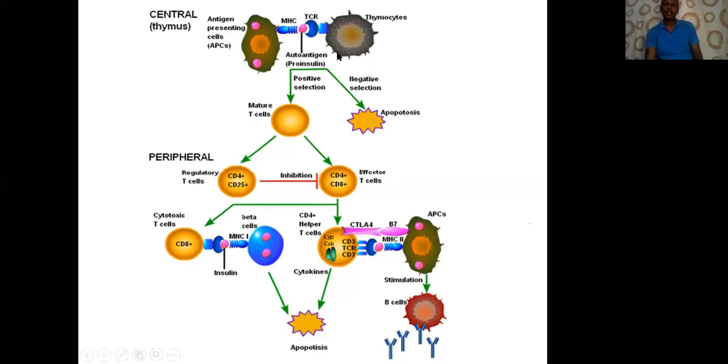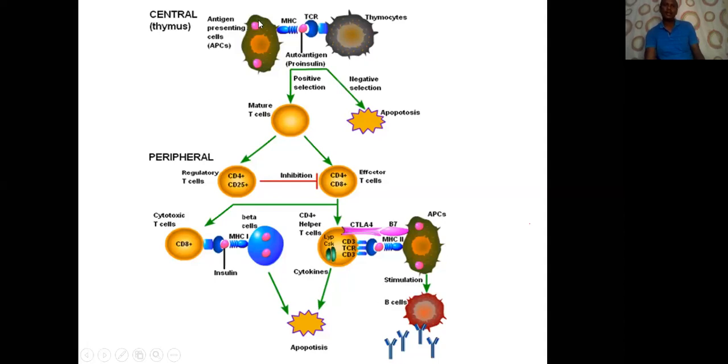This is the T lymphocyte, and this is the antigen presenting cell, in combination with the major histocompatibility tissue, and this one takes the insulin and presents it to the T lymphocyte receptor. This can be insulin or proinsulin. So first, insulin or proinsulin will be presented to the T lymphocytes as an antigen by